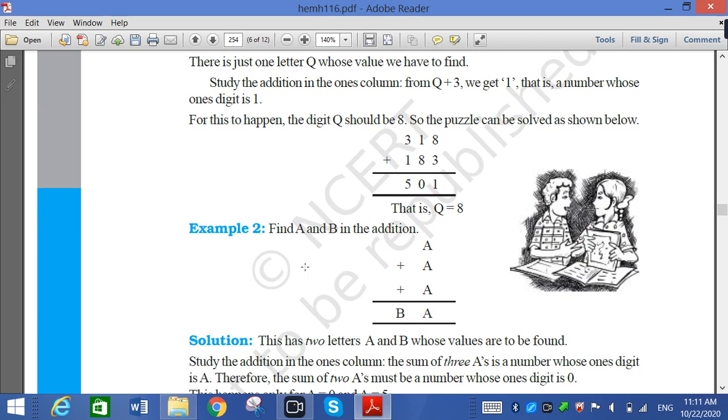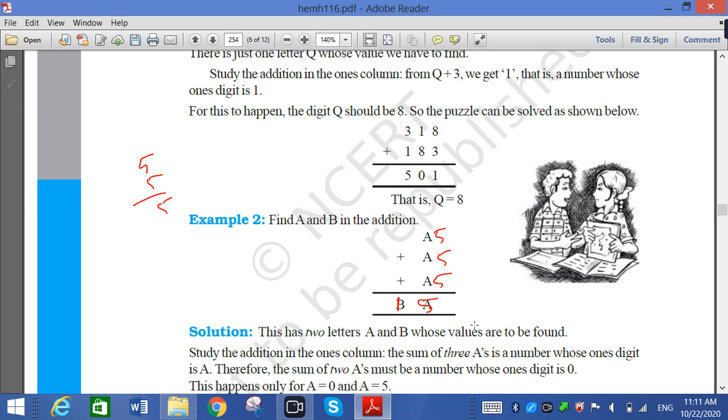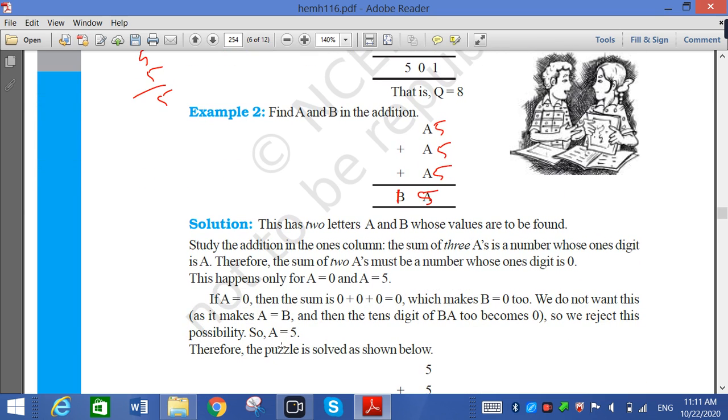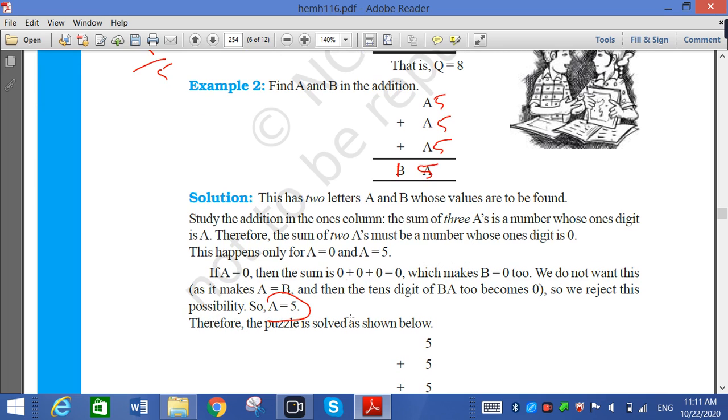Now this is important. Of A. Either I have to take 0, but here it is not possible. So there are two things, either 0 or 5, whose unit place is the same. If 0 is multiplied by any number, the unit place is the same. If 5 is multiplied by 5, the unit place is always 5. So either I have to take 5 or 0. If I am writing 5, then 5 fives are 25, carry 2. So I think the answer must be 0 or 5, but we cannot take 0, so we have to take 5.